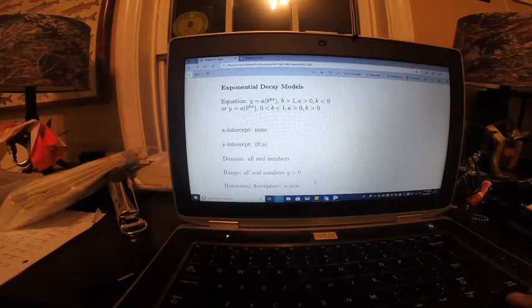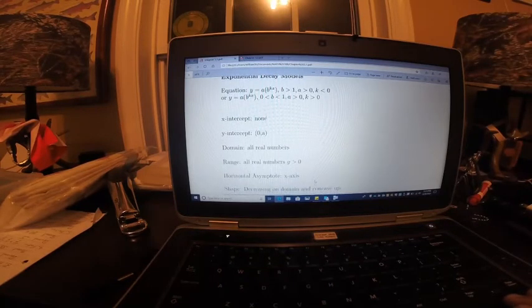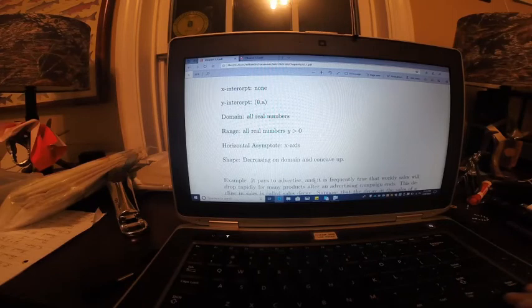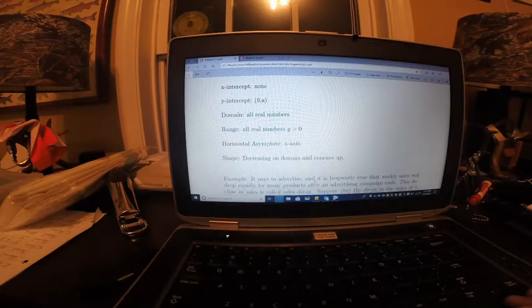Our y-intercept is 0a, just like it was in the exponential growth model. The domain is all real numbers. The range is all real numbers, where y is greater than 0. Horizontal asymptote is still the x-axis. The shape is decreasing on the domain and concave up. So,